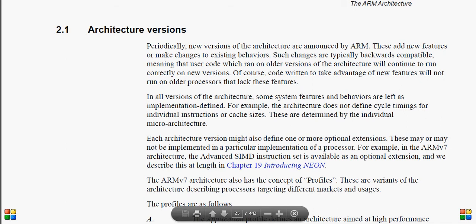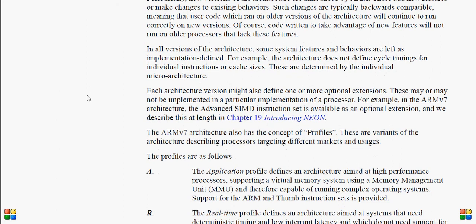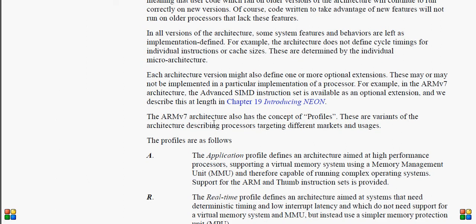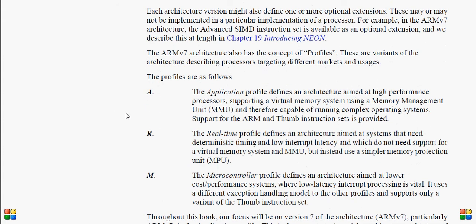Now coming to the next topic, which is architecture versions. From time to time, ARM launches its new versions, which have features such that earlier versions can also run on them. The ARM version 7 architecture also has the concept of profiles, and the profiles are as follows.